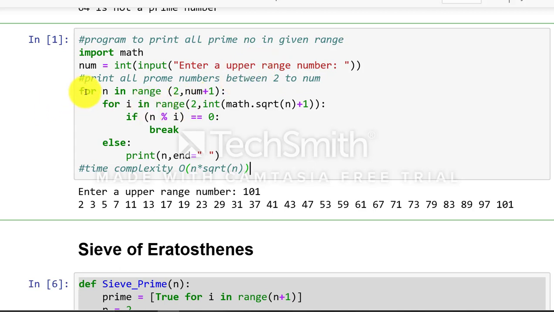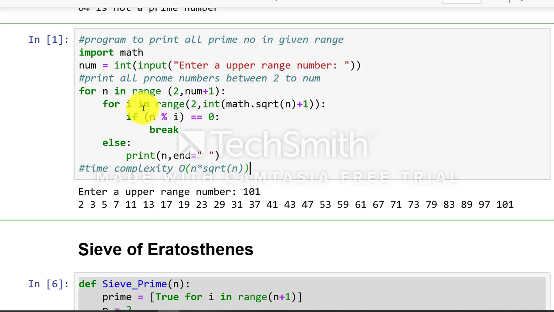First, you insert the outer loop: for n in range 2 to num plus 1. In this case num is inclusive, which means you have to find all the prime numbers from 2 to num, so you run the outer loop up to num plus 1. As you know, in the range function, num plus 1 will generate a sequence of numbers 2 to num.